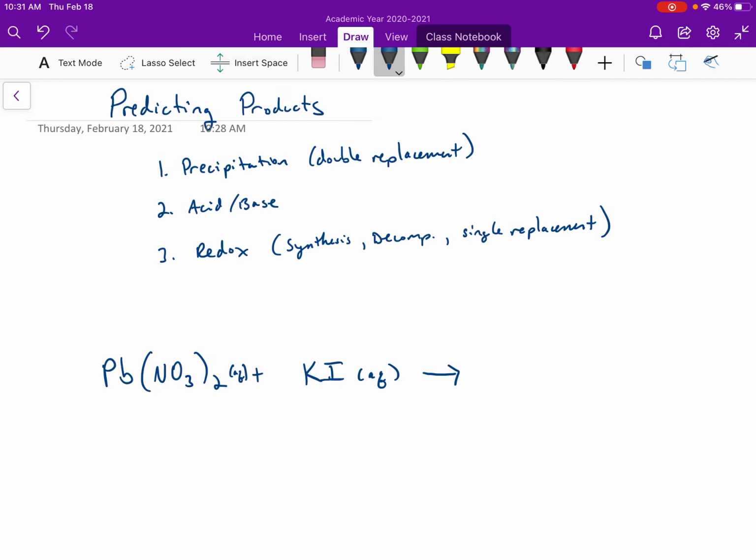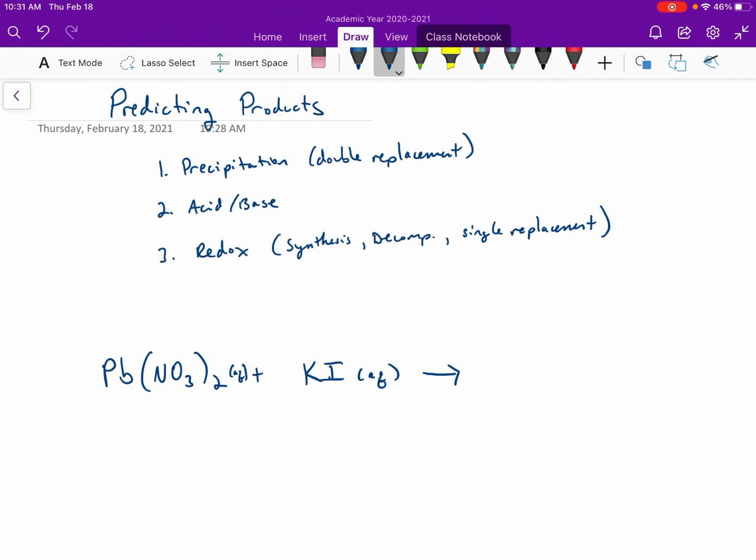Decomposition doesn't really make sense, because that usually is one big thing breaking into pieces. Single replacement doesn't really make sense because we'd have to have something on its own, and we have 2 compounds already. So really all that's left is a possible precipitation. And remember, precipitation is like double replacement, where you start with 2 ionic things and they switch partners. So if we're going to guess precipitation, which seems the most logical at this point,